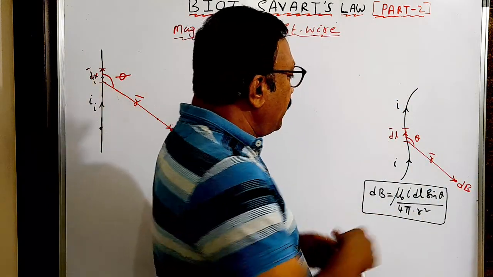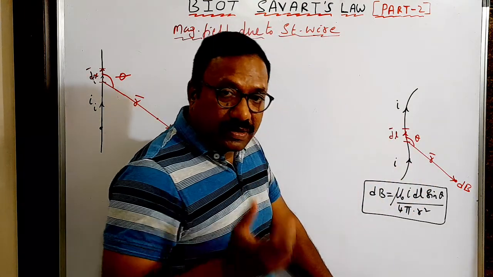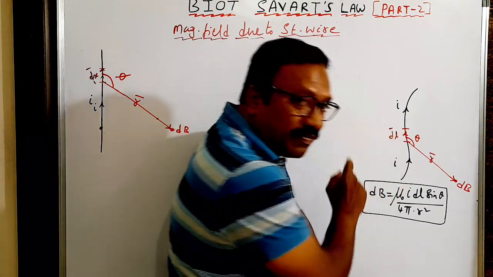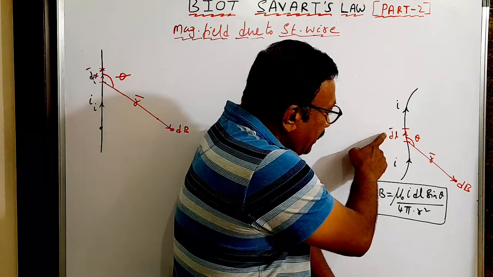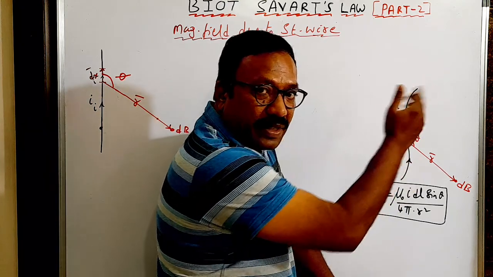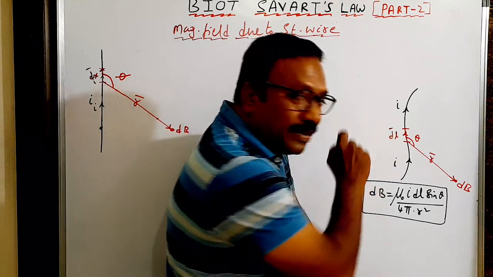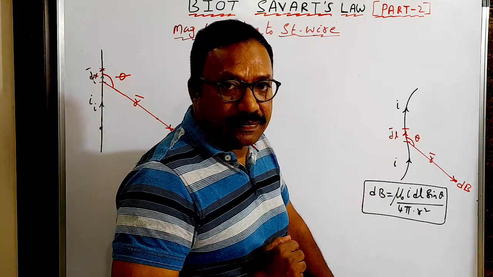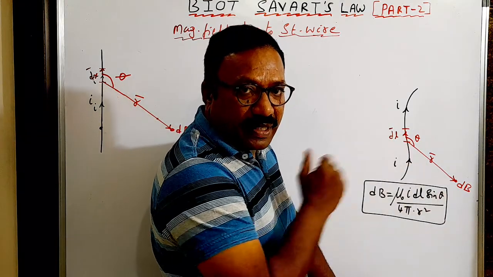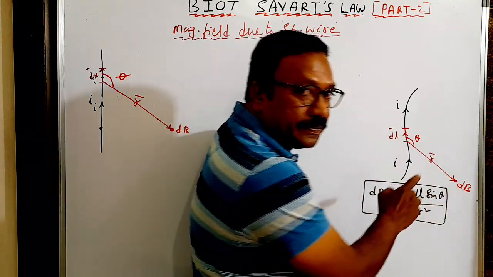So this is a current carrying wire. A current carrying wire produces magnetic field. Consider a small element of this wire whose length is dl. Current I is flowing throughout the wire, therefore the element also will have the current I. You will call this a current element. A current carrying wire produces magnetic field, hence the current element also produces the magnetic field.